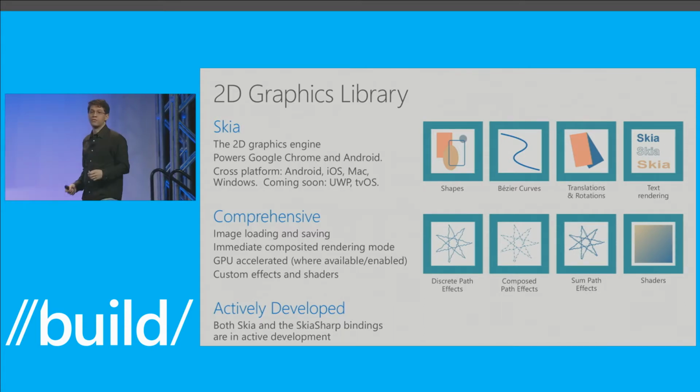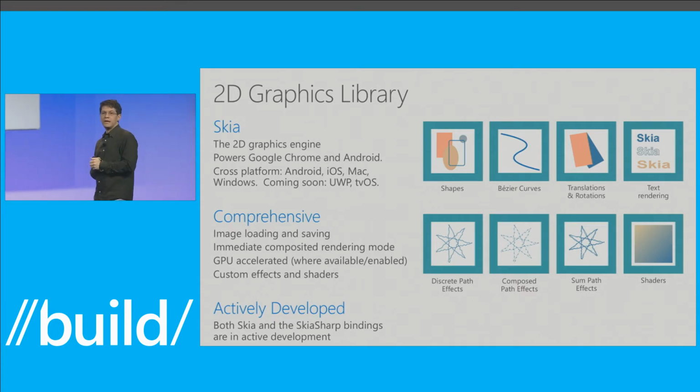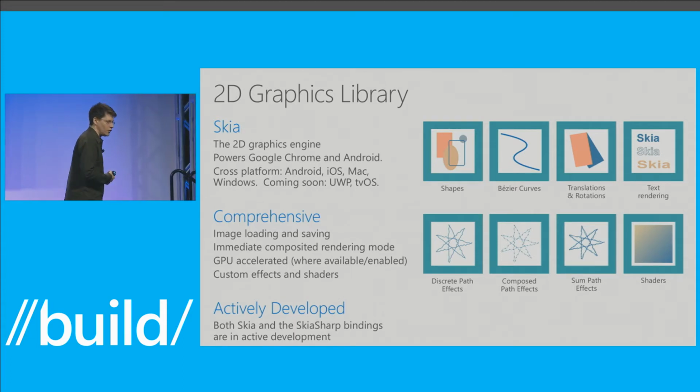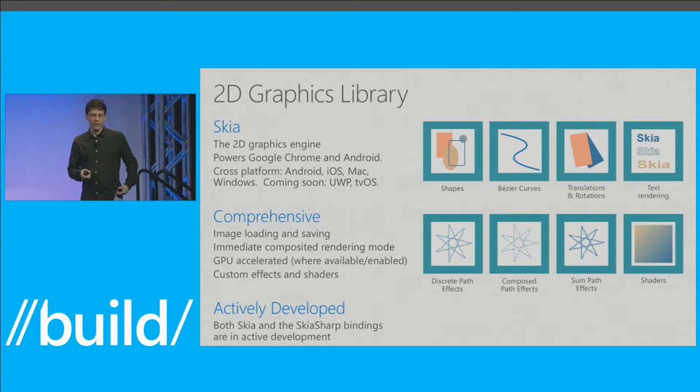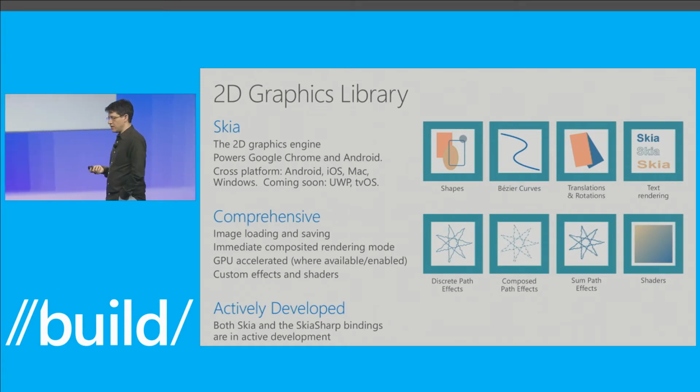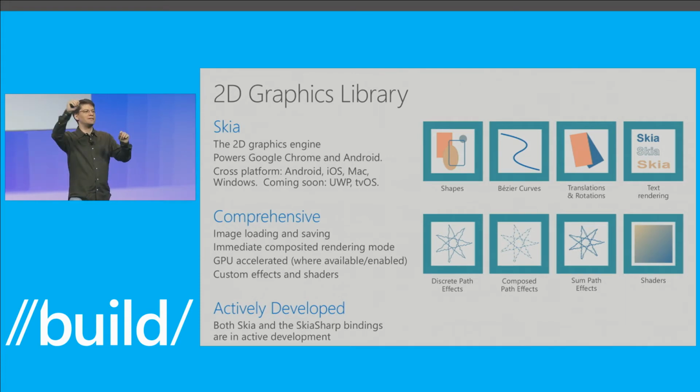We're also adding support for .NET Core, so people doing ASP.NET applications can render graphics on the server side. And if you slap in a GPU in there, you'll also get GPU acceleration there. So we're very happy about this library because it fills a big gap on the cross-platform story. You could create forms, but if you wanted to put a little plot chart, you had to do it natively on each platform. Now we can do it all at once.